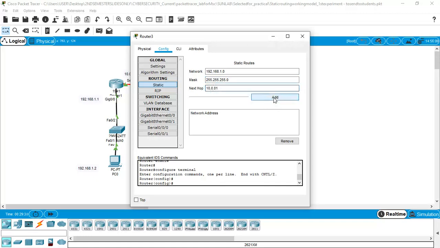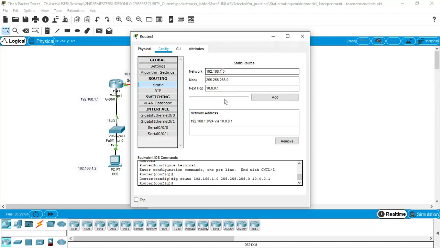Let me add it. So the mistake is a dot missing here. So it is added.